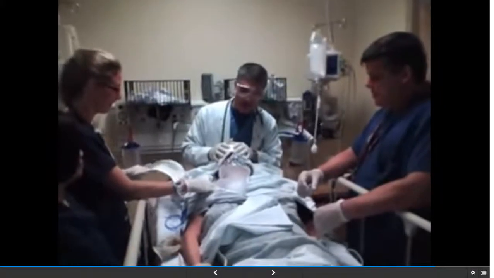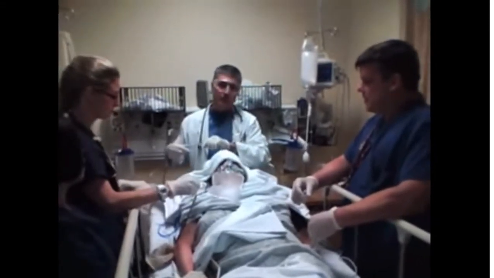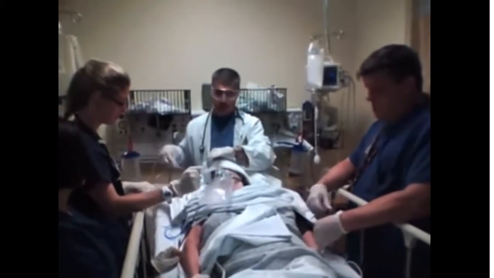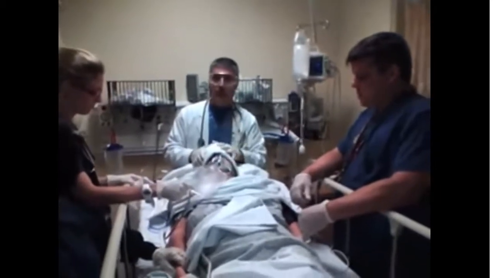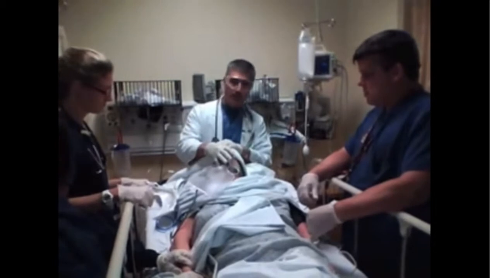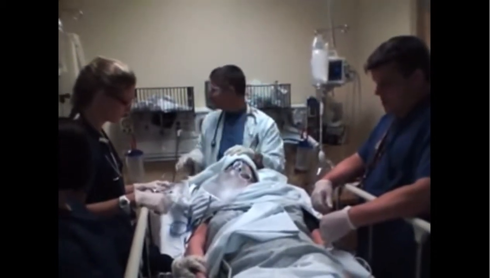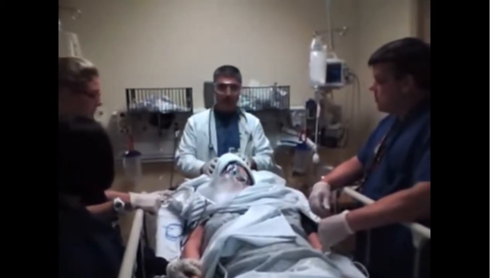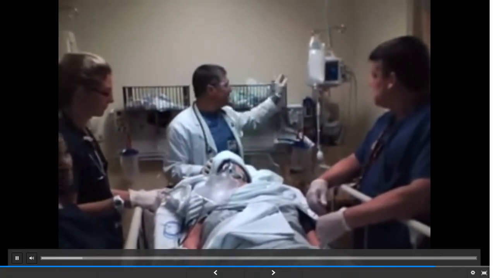Rapid sequence intubation. This patient is an overdose, so she's not all that tachypneic, but she's not protecting her airway all that well. So what we're going to do is intubate her to protect her airway. In preparation for the intubation, what you need to do is make sure that the entire head of the bed is ready to go. That includes a 100% non-rebreather on the patient, suction set up so that you can suction the patient. Suction should be turned all the way up to full and should not be on intermittent. In addition, you need a bag valve mask set up with air flowing to it. The capnometer needs